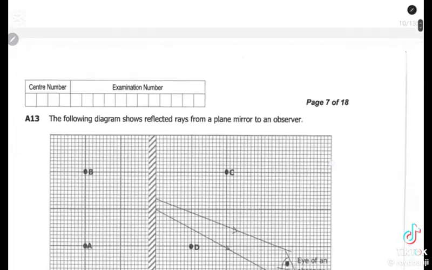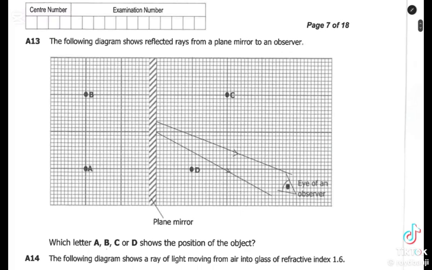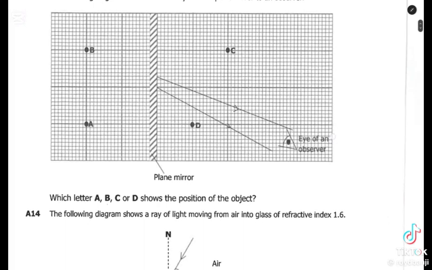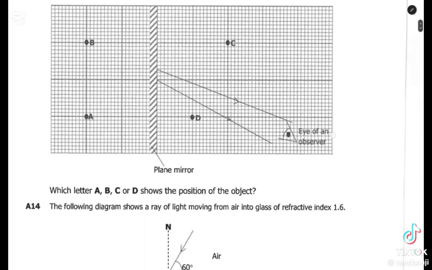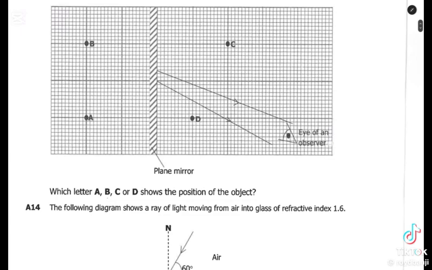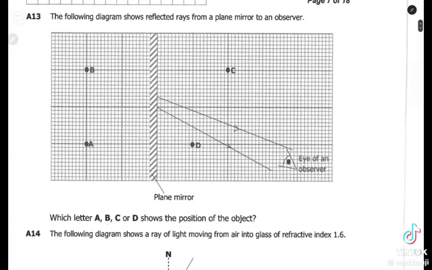Up to question 13. The diagram below shows the reflected ray from a plane mirror to an observer. Which letter A, B, C, or D shows the position of the object? For the object to be observed, it cannot be on the other side of the mirror. You know that a mirror has to do with reflection. So for it to be observed, it cannot be on the other side. Only the image can be on the other side. This is the mirror line. So you expect the object to be on this part of the mirror,